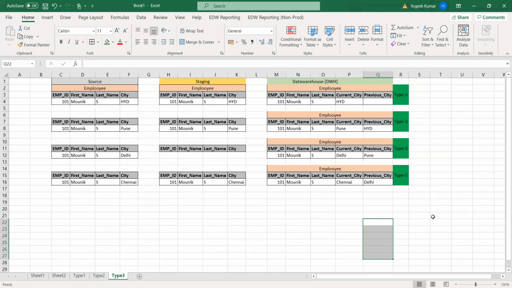They will also mention which column applies in type 3. Everything they will mention, and based on the properties of the dimensions, we usually validate. Got it? Are we all clear? Yes. Okay, perfect.